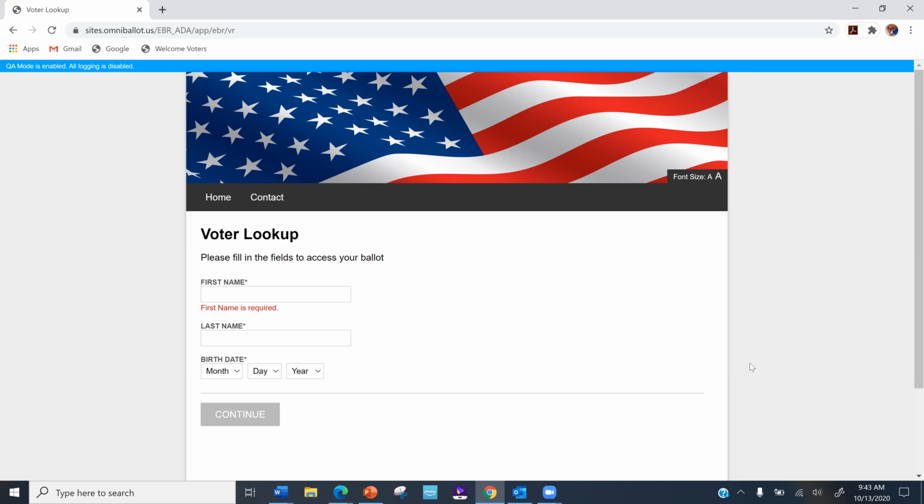It's important to keep in mind, before we get into it, that security is first and foremost for OmniBallot. Everything you're going to see here today is securely hosted in the AWS federally approved cloud environment. The same cloud environment that's been approved by literally every federal agency, including the CIA and Department of Defense and Homeland Security. Federal agencies have approved AWS to secure some of the nation's most critical documents. That's why Democracy Live has partnered with AWS to host the balloting experience, which essentially is a document, the ballot